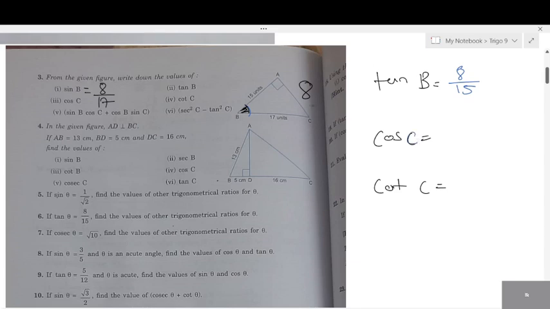Now from the C angle's point of view, what is the cos formula? Base by hypotenuse. If you want, write it in brackets. Write the formula. What is the base from C? For C, what is the base, 15 or 8? 8. 15 will become the perpendicular, the opposite. 8 by 17. And what is cot? Cot C, the cot formula is